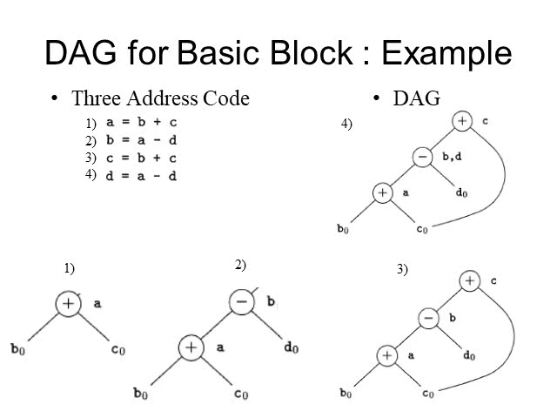Here we show the step by step process to get the final DAG that is represented after the execution of the fourth statement, which is near to the three address code. This is the final DAG for the corresponding three address code. After the execution of the first statement, A equals B plus C, you identify the first tree. Here B and C are represented as leaf nodes and A is the root node.